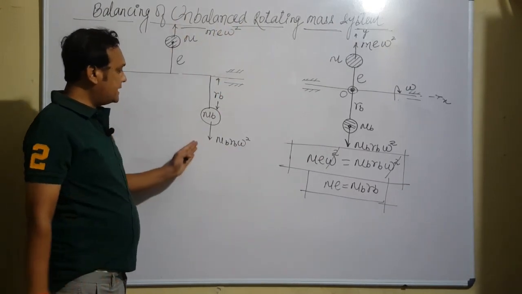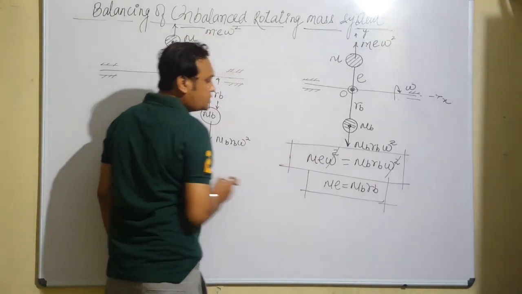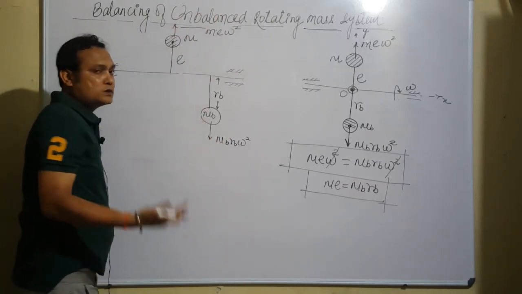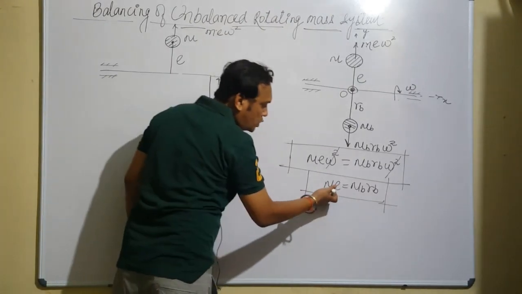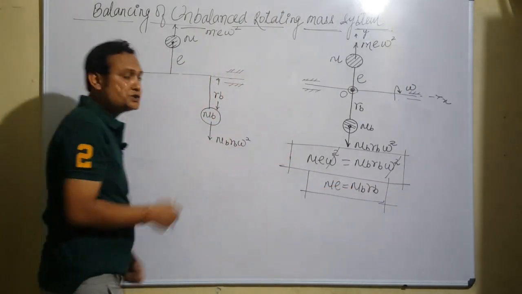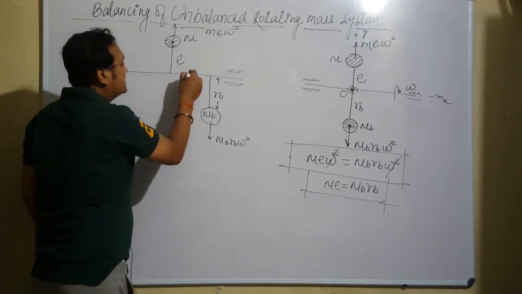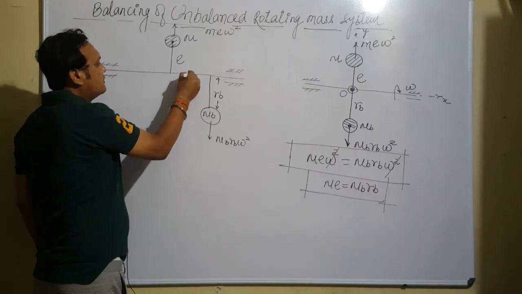In the y-axis, the net force, mb rb omega square, the same equation, equals me omega square. The net vertical force on the system is 0, and obviously the condition will yield me equals mb rb. That will ensure the center of mass of the system will surely lie on the axis of rotation, somewhere between these two, on the axis of rotation.